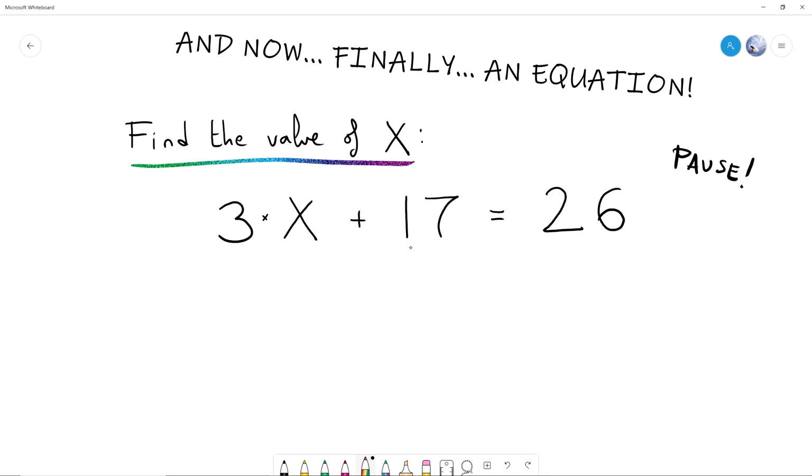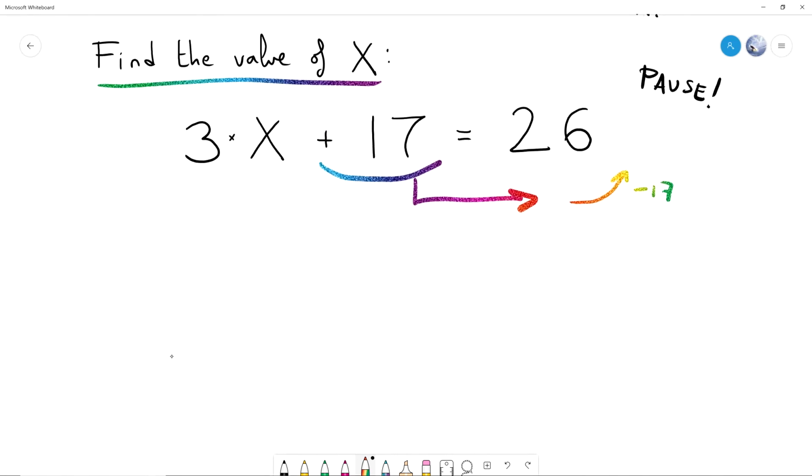By rule number 1, remember that we could add and subtract the same number from both sides of the equation. So what Natalie was doing is taking this plus 17 and subtracting 17 from both sides of the equation, which has the same effect as moving the 17 to this side, where it appears as minus 17. So what that gives me is an equation now,